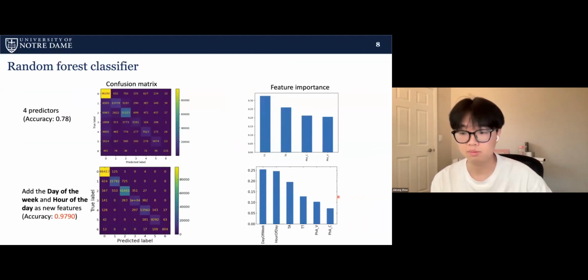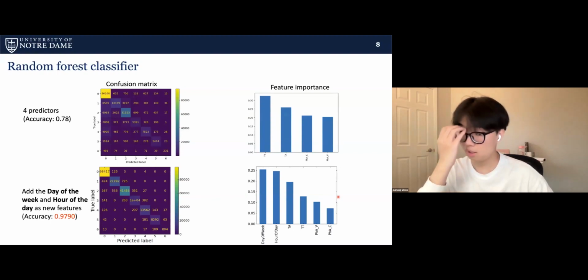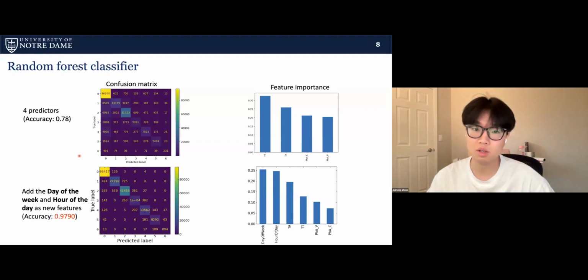And for the results, I used the random forest classifier to perform the job. Firstly, I use only 4 predictors, which are the total true power, total apparent power, current, and voltage. The accuracy is only about 7 to 8%. Then I added another 2 features to the predictors, which are the day of the week and also the hour of day. And the accuracy can be increased to nearly